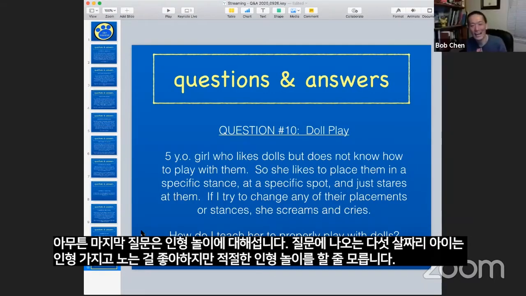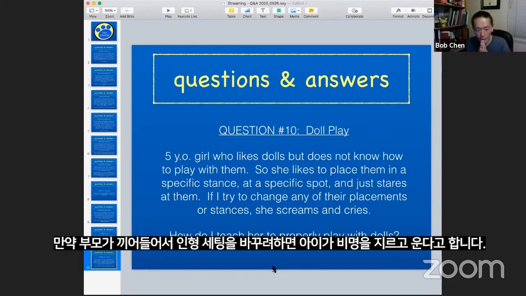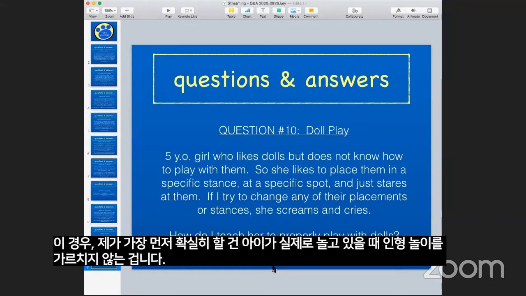All right, so the last question is about doll play, okay? And it's a 5-year-old that likes to play with dolls, but does not know how to play with them. All right, so she likes to place them in a specific stance at a specific spot and just stares at them. And if the parent tries to intervene and tries to change anything about the toys, she screams and she cries. All right, so now